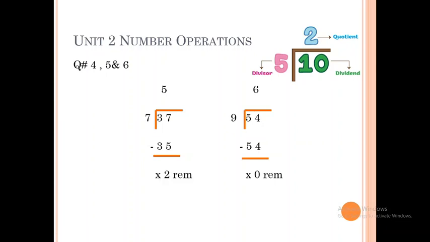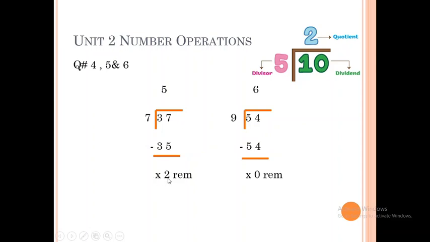Another one is here, this one, 54 divided by 9. 9 is the divisor and 54 is the dividend. When you read the table of 9, you will get 6 as the quotient. 9 sixes are 54. And you know that the minus sign is there after writing the number. The next step is to subtract. Subtracting 54 from 54, there is 0 remainder.